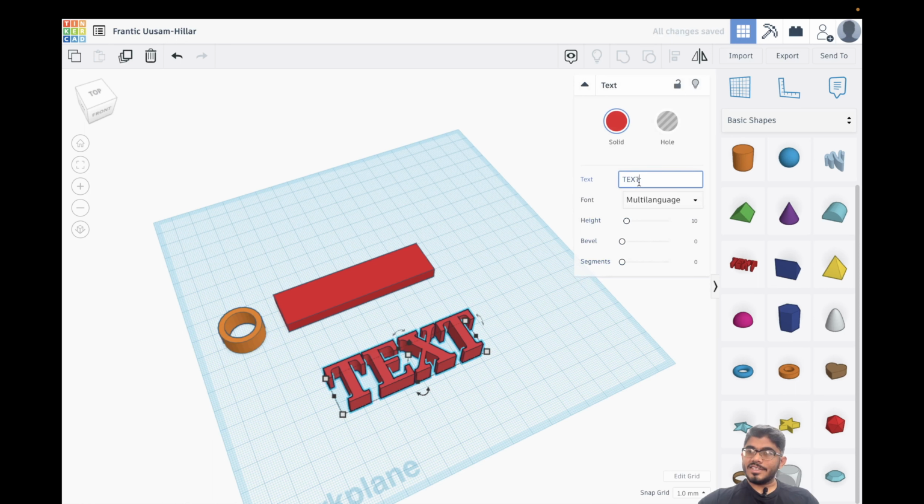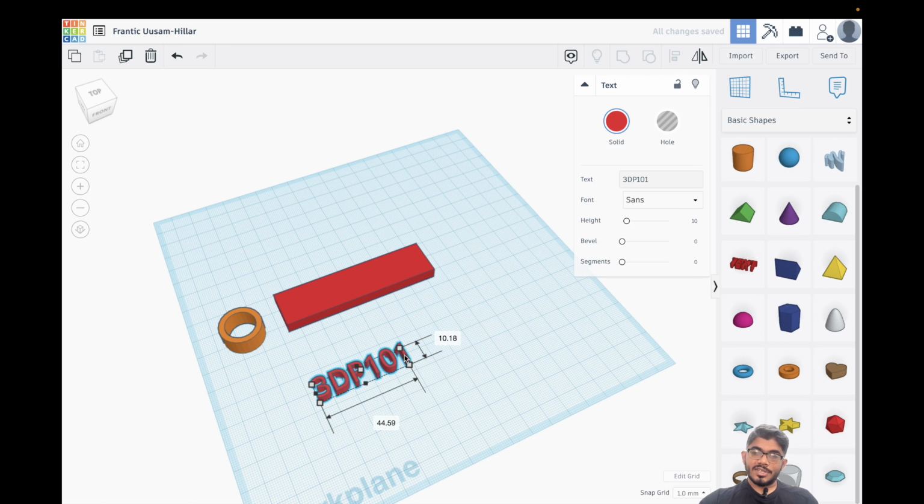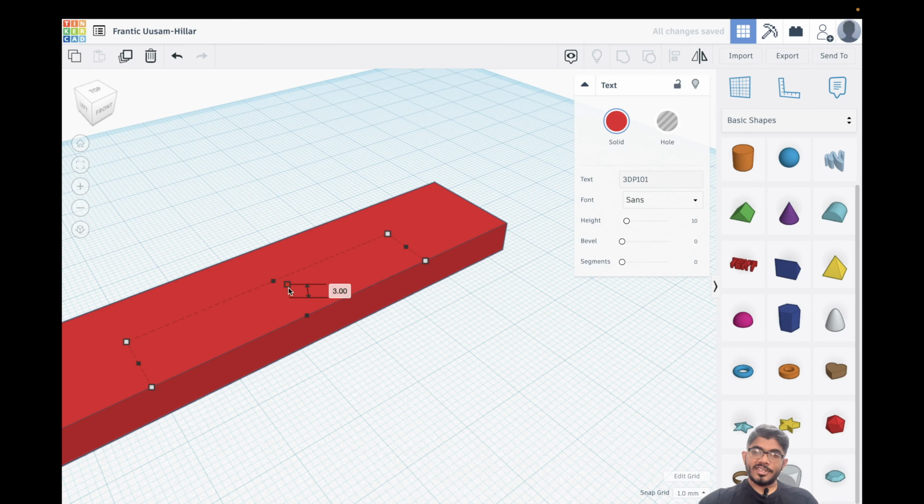So let's edit the text first. We put 3DP 101. Don't like this font, so I'm changing it to sans. It's a bit huge, so I'm just shrinking it down to fit somewhere on this. The base is quite high,